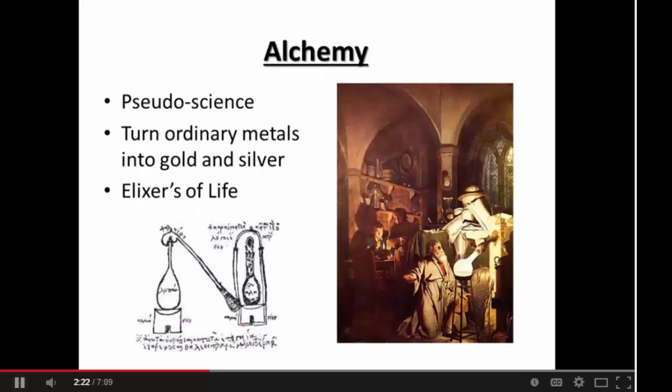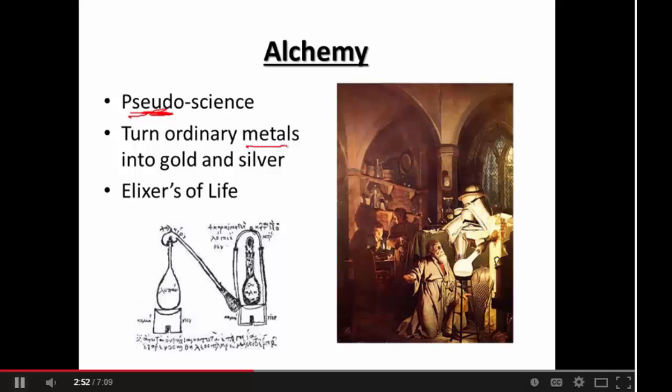In the meantime, before science really got its hold on what matter is and chemistry became what it is, there was a pseudoscience called alchemy that dominated the Middle Ages. Basically, alchemy is a pseudoscience, or a false science. Remember, to be a true science, you have to have a hypothesis, you test it, and you can support that idea or disprove it and change it. Pseudosciences like alchemy were really more just guessing, kind of praying that things would work out.